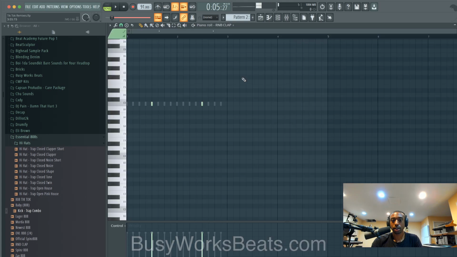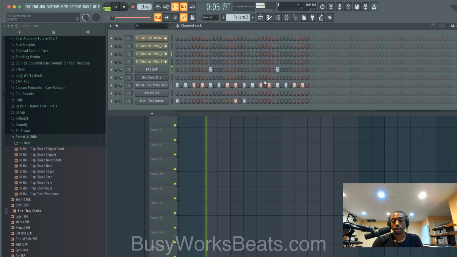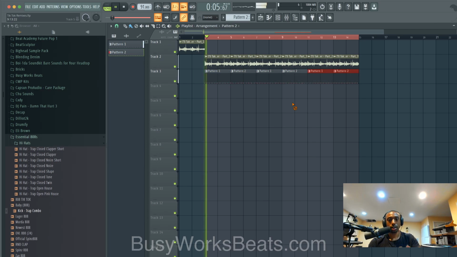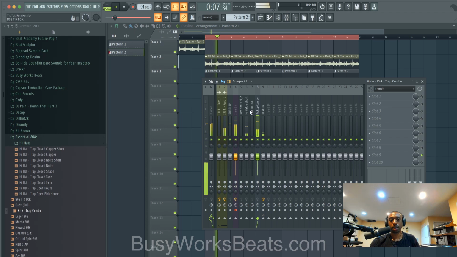So let's make unique and just add that extra kick in there. Tap, boom, boom, boom, boom. So just repeat those two. So highlight these, hit shift, drag it out, and just make it your own. So at this point, it's about your creativity.